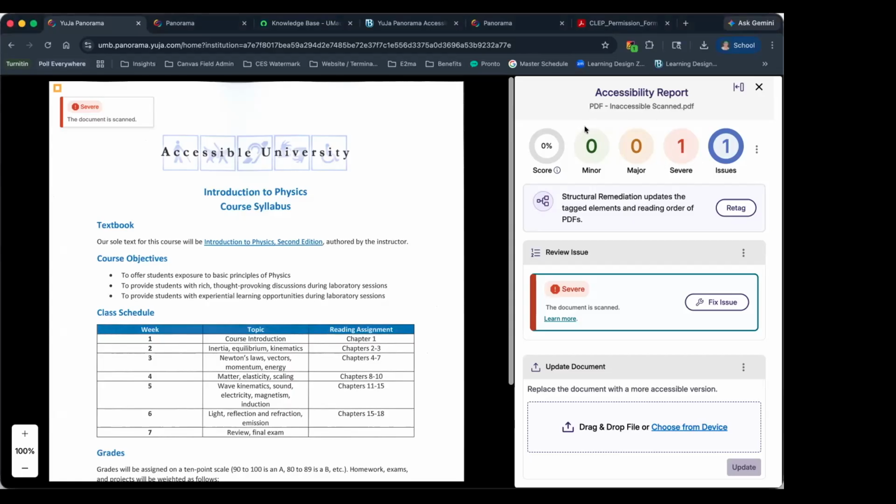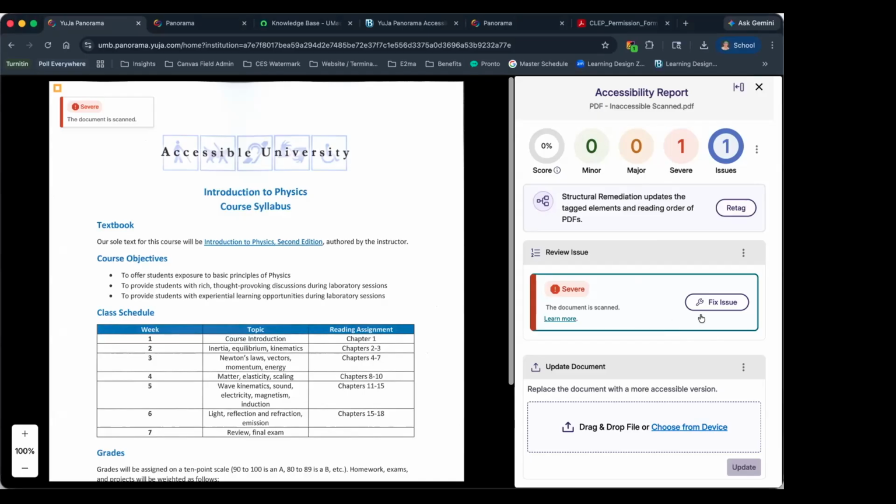All issue types are categorized as either severe, major, or minor. And these severe issues are typically going to mean that your document is scored red or low accessibility. And these issues are going to present significant barriers that may make a document either completely inaccessible or inaccessible with some additional complications with the document. So we really need to address these severe issues first and foremost.